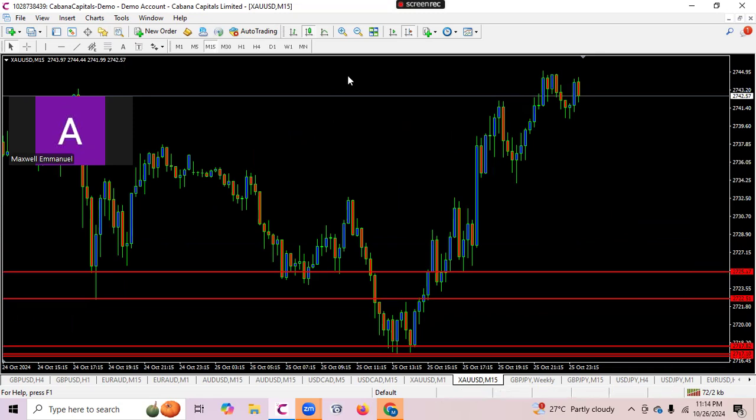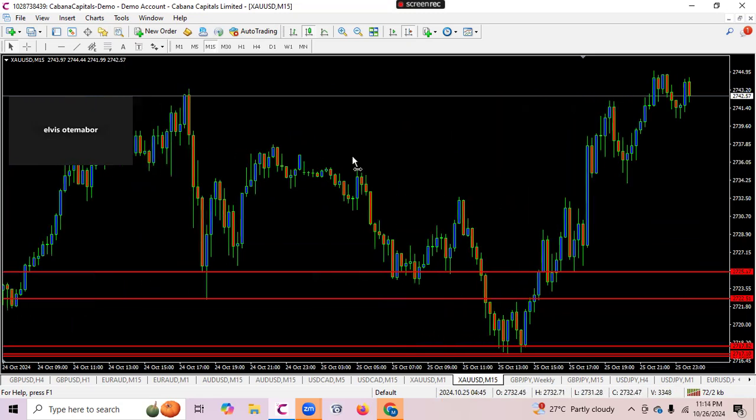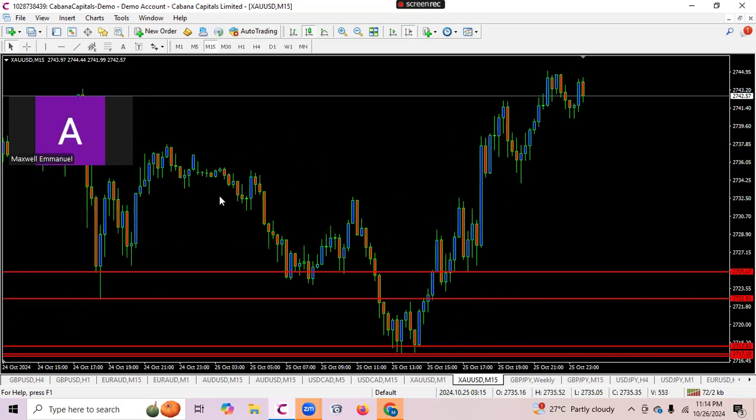Okay, so my bias on gold is still bullish. So the current market price isn't the best price to buy. It's not the best price to buy gold. If you want to buy gold, wait for price to pull back. As you can see, a fair value gap has been created here. So if you want to risk buying gold, you should wait for price to at least